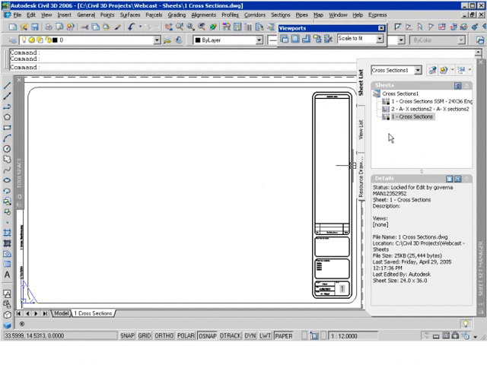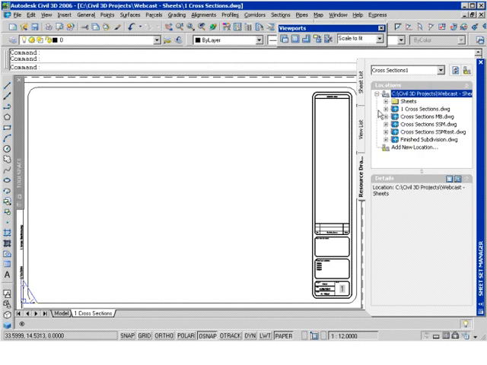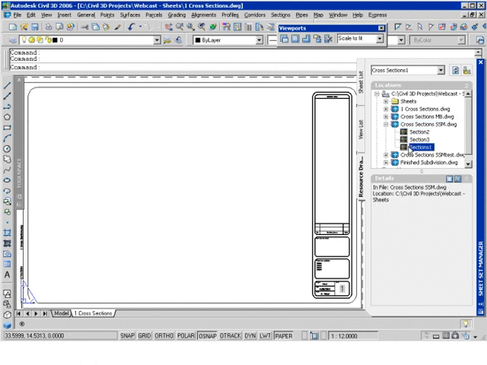And this is where I think the real power in Sheet Set Manager comes in, is that I can quickly create these sheets and now add data to them. So what I'll do is change to the Resource tab of Sheet Set Manager, the Resource Drawings tab. As I expand that out, I'll see my original drawing here, the cross-sections drawing, and there's those three views that I defined earlier. I'll go ahead and select one of those views and simply just drag and drop it into